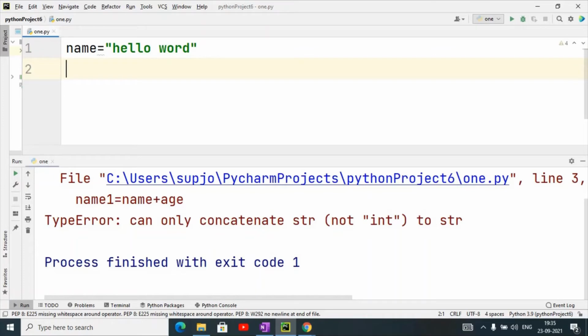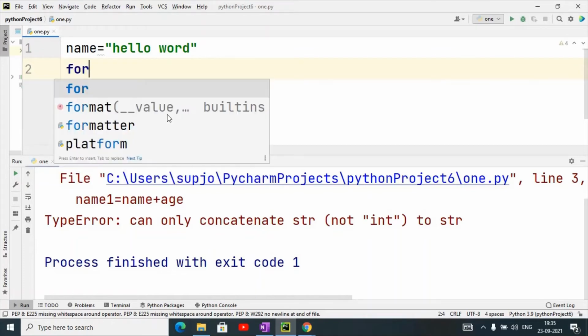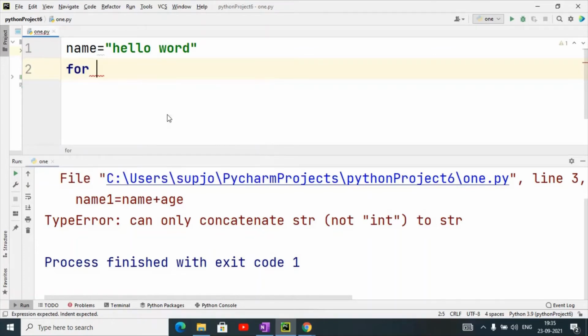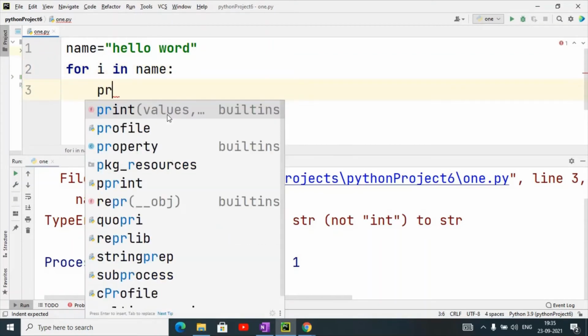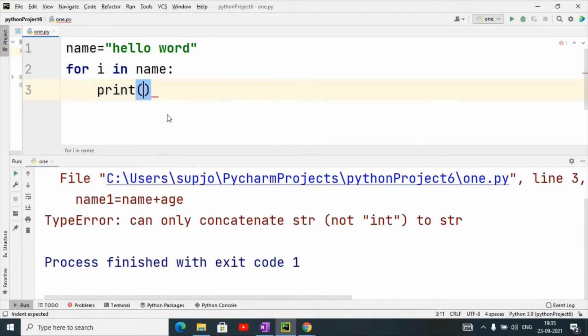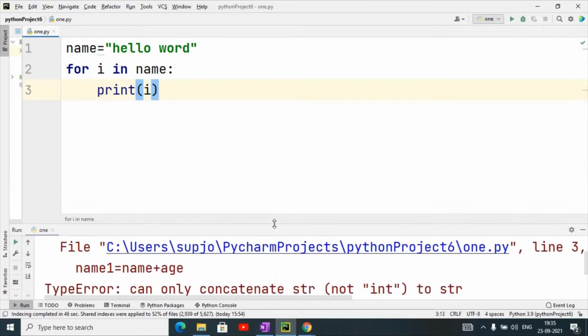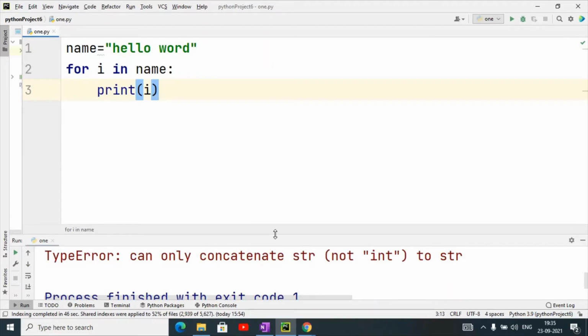For example, suppose you know how to print the string value: for i in name, if I use print i like this, what output will it generate?